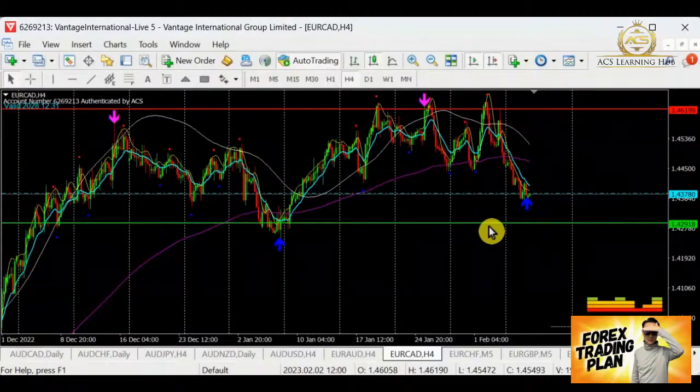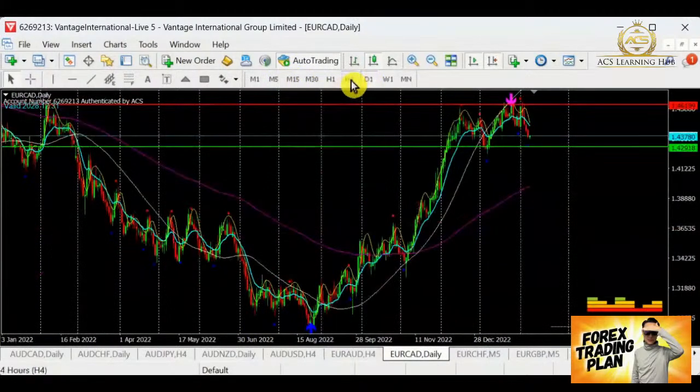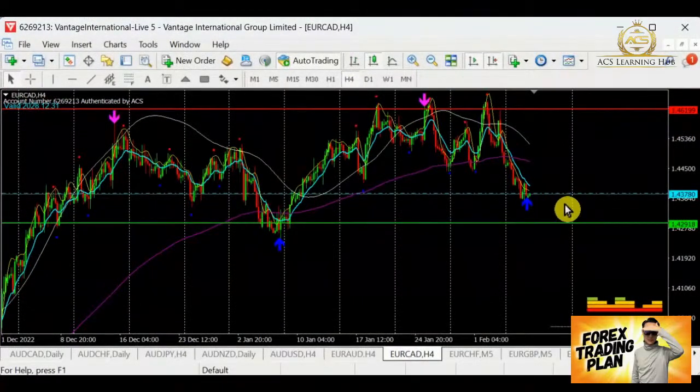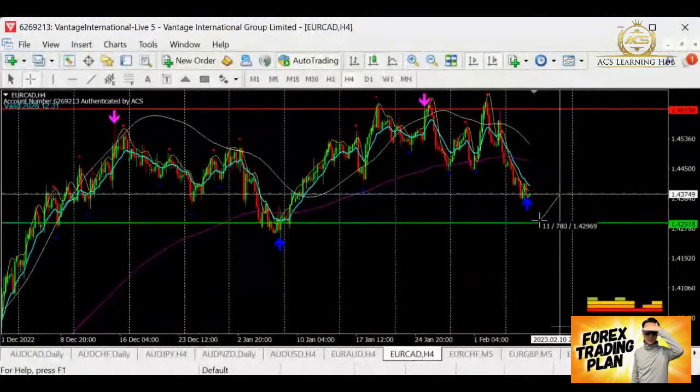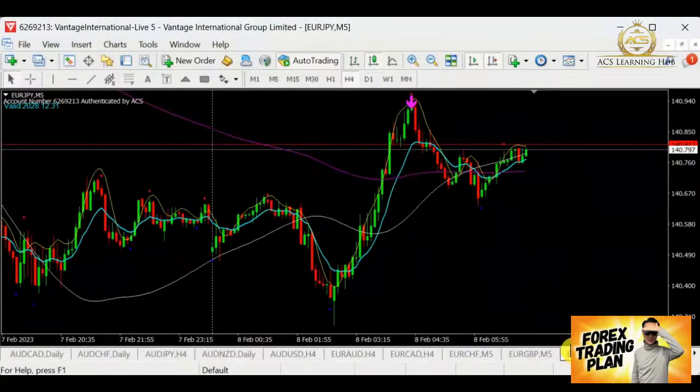Well, sorry, EURCAD. So for EURCAD at this point here, it's retesting the resistance. Over here, it's now still retesting this level of resistance. If this resistance is able to hold, we still have a good space down here, about 80 pips to go. So for EURCAD, yes, I'm going to put this into my watch list, and there may be a good chance for selling down.